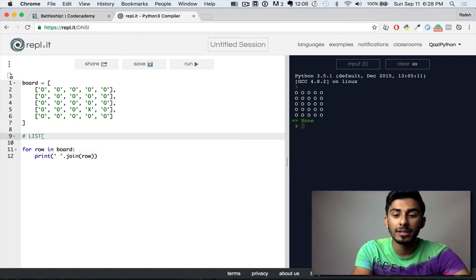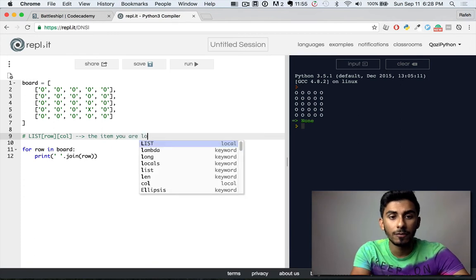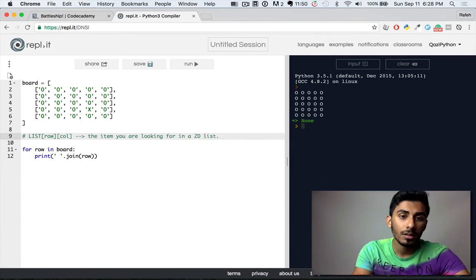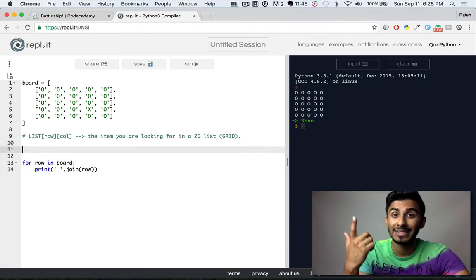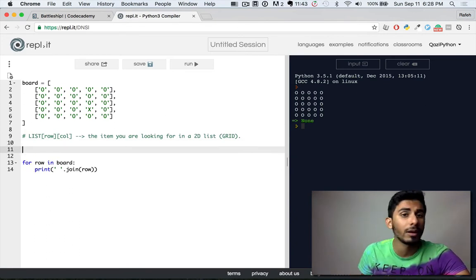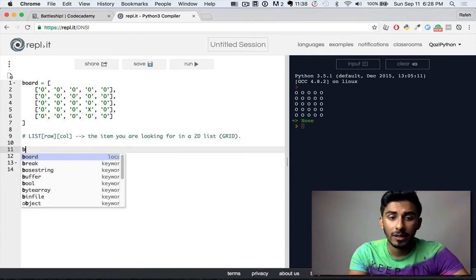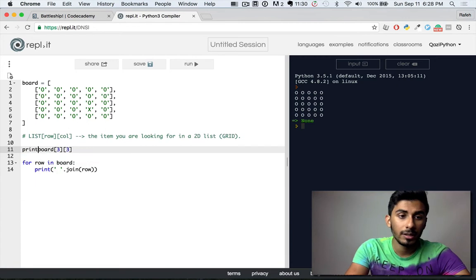And the basic idea is row, comma, column will give you the item you are looking for in a 2D list, or a grid. Okay, this is an important note. Write it down, or write it down by hand, or write it down in your Evernote or whatever thing you use, because that's important. So for example, I can do board of 3 row and 3 column,